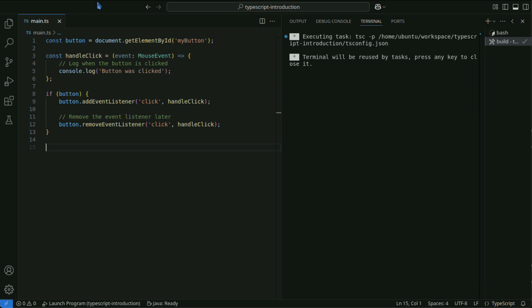In TypeScript, in addition to standard events, you can also create and dispatch custom events. Use the CustomEvent class to create a custom event and trigger it with the dispatchEvent method.